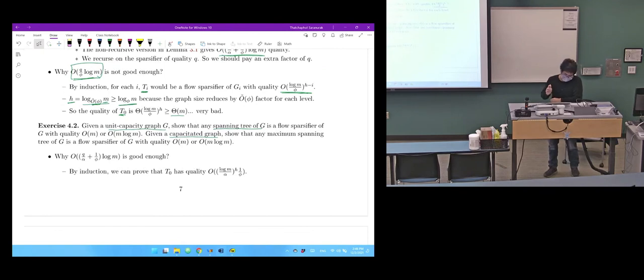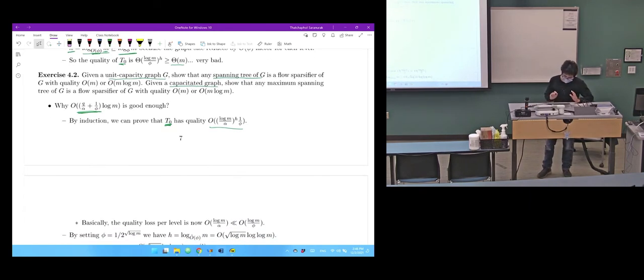Okay. Now, why is this good enough? And the point is that by induction, you can actually prove that the quality of T0 is going to be this. So I will not prove it to you, but the intuition is this. So you see that